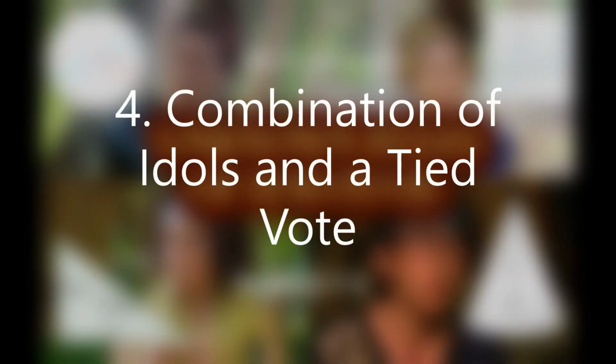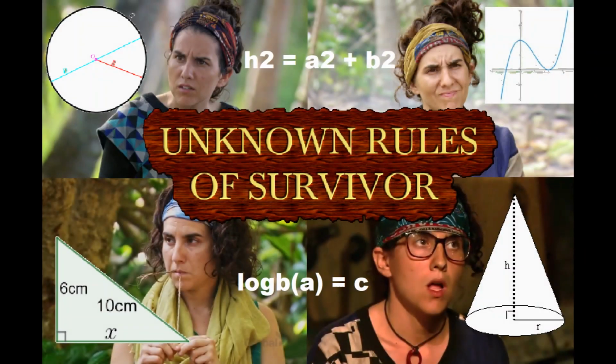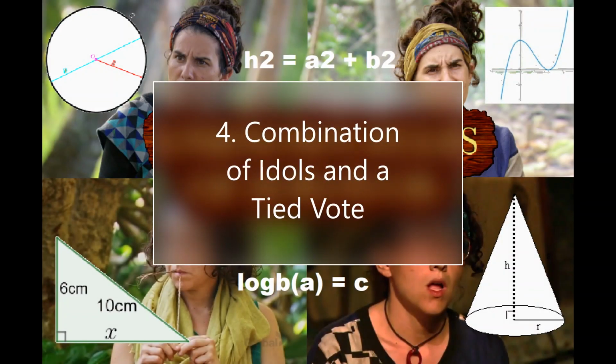Thinking along the same lines of everyone playing an idol or an advantage, what would happen in the situation if there was a combination of idols being played and also a tied vote? So, similarly to everyone being immune via an idol, advantage, or the immunity necklace, what would happen if, say, there were 6 people left in the game, 4 of them were immune, and the other 2 received 3 votes each in the final vote? So as mentioned previously, generally these people would also become immune, and then everyone else would be eligible to go home.